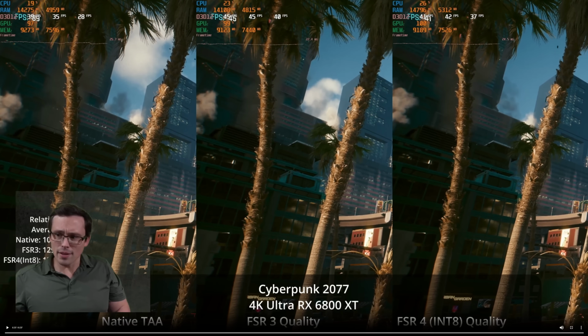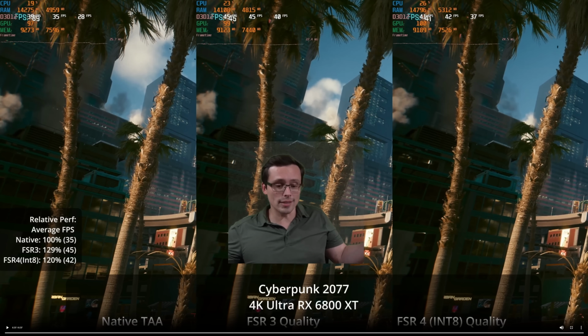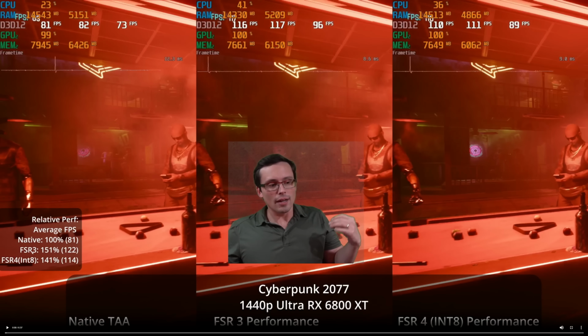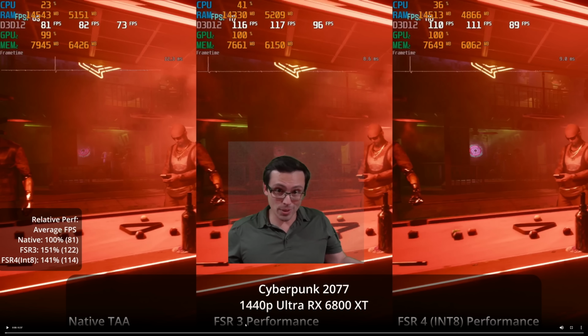So that's one of my biggest takeaways: FSR4, even its int8 version, even on RDNA 2, does seem to be able to be used more aggressively. So I think that even if it doesn't have as much performance as the FSR3 version when running at the same internal rendering resolution, you could use a lower internal rendering resolution than you would with FSR3 and still get similar or even better image quality, in which case you are getting more performance